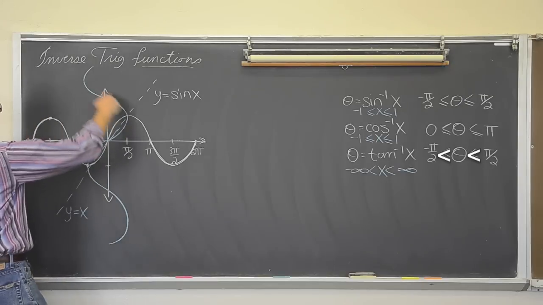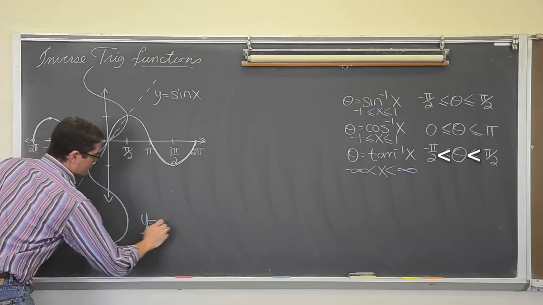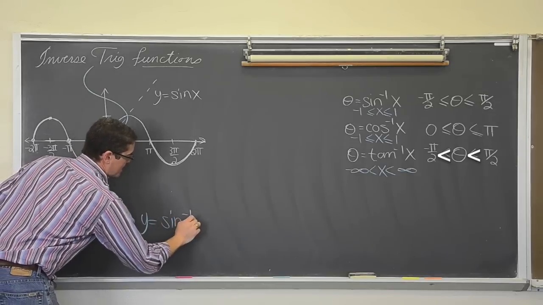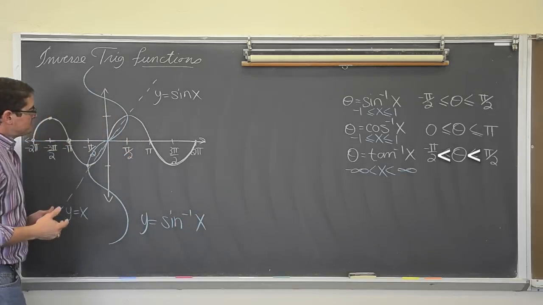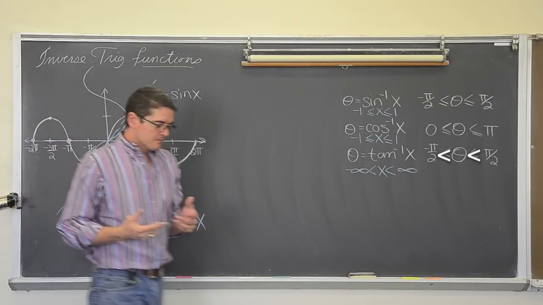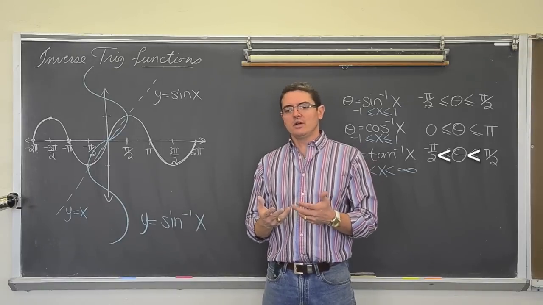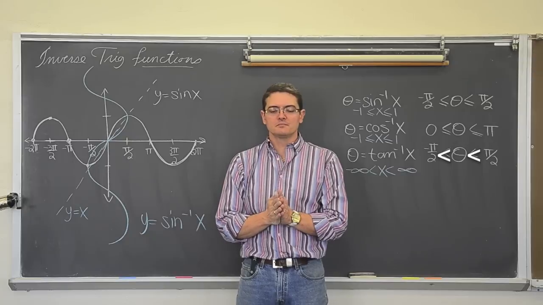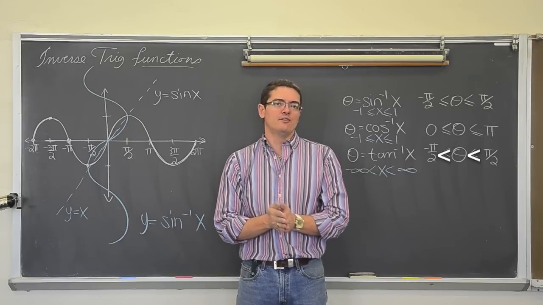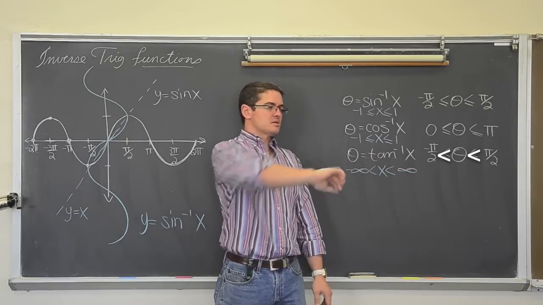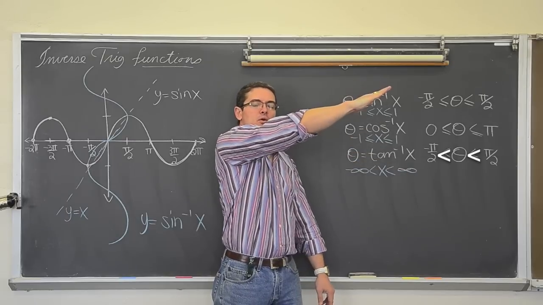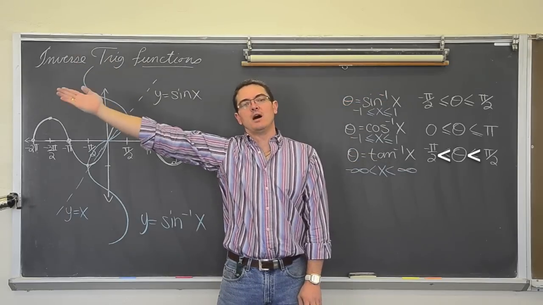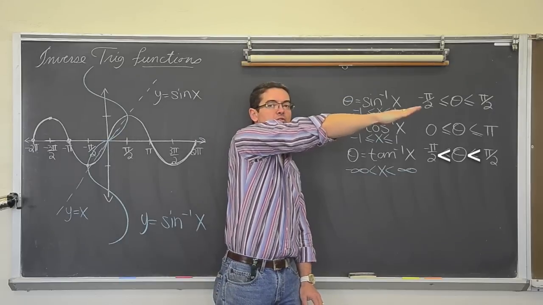So this blue line is y equals the inverse sine of x. Well, let's talk about the sine of, think of the unit circle. Where is sine equal to 1/2? I'm going to do this in degrees. It's equal to 1/2 at 30 degrees, and it's equal to 1/2 at 150 degrees, or pi over 6 and